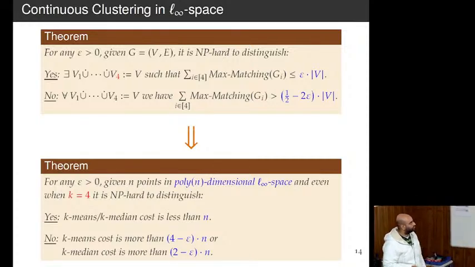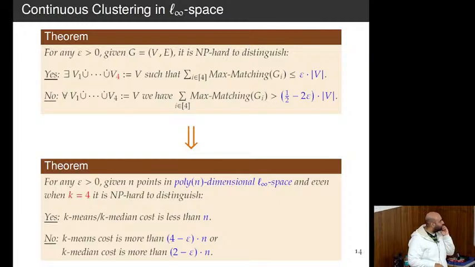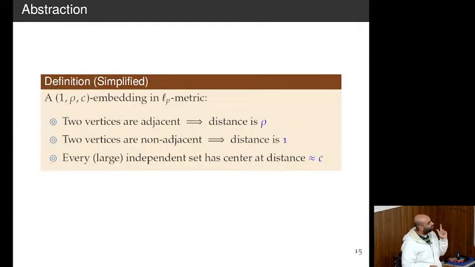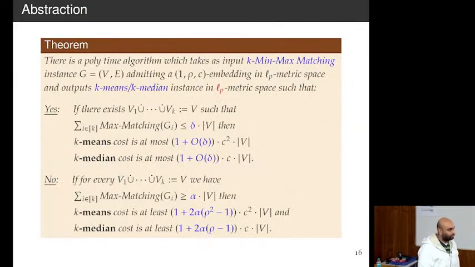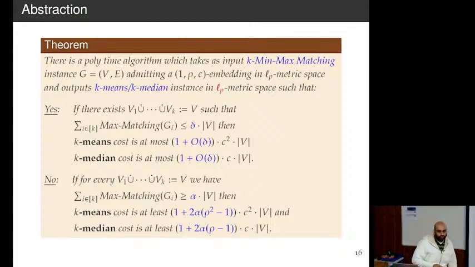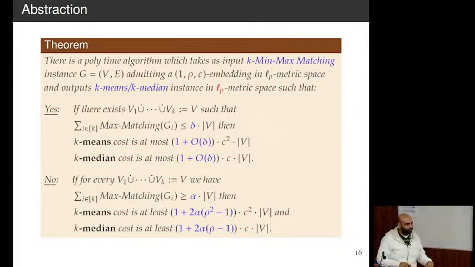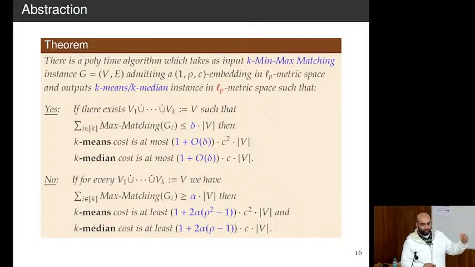Okay, so this is L infinity, but let's try to abstract it, because I want to say something for the Euclidean metric. Can we reduce the dimension? Now it is like n-dimensional points. Yeah. We have a result in some paper where if you reduce the dimension, you can actually get a better algorithm. So n dimensions, you need this. Even if we reduce by n to the epsilon? Yeah, n dimensions you need this much. But if you go to log n, you get a different hardness, which is closer to 3.94.